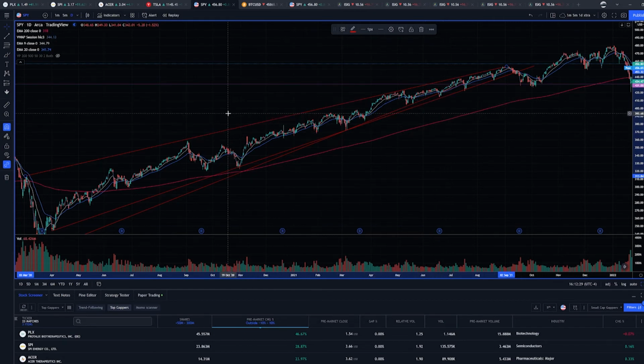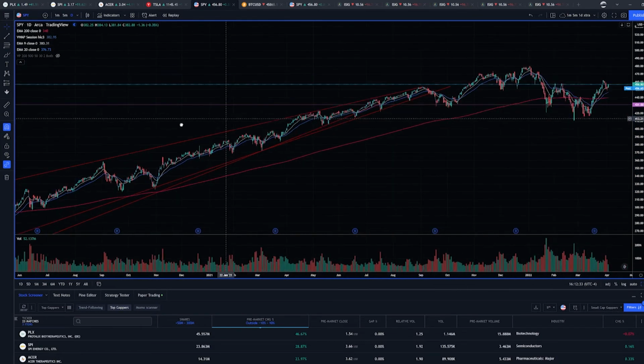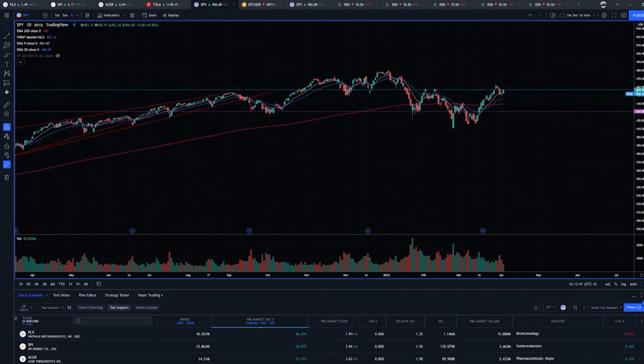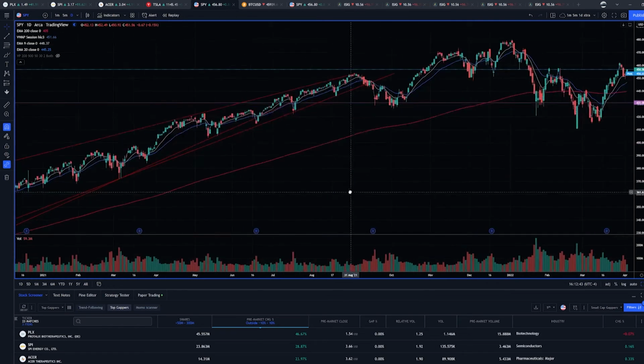Why are these important? Because once you break those lines, that's where it's going to fuel the move in a stronger way. And we can see it here. It held this line and this high for a very long time. Here it tapped it, it came back up. And you can also notice that